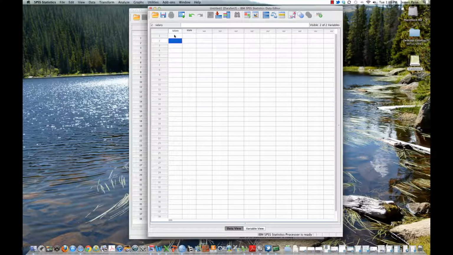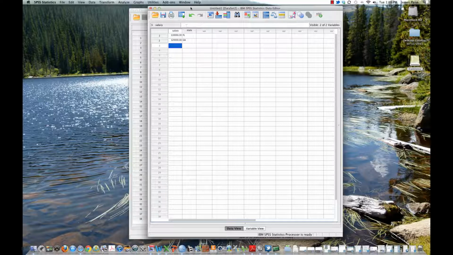And in data view, you can just go ahead and start to enter. The average salary is $130,000 in Florida, which is absolutely ludicrous, but anyway. So you can just go through that, and you can type in. Each row is a state in this case, or is an individual, is a case. We call it in this case a state. So maybe 120,000 in Georgia. These are totally unrealistic. Probably the mean is more like 45,000 or 30,000, something like that. But anyway, you get the idea.